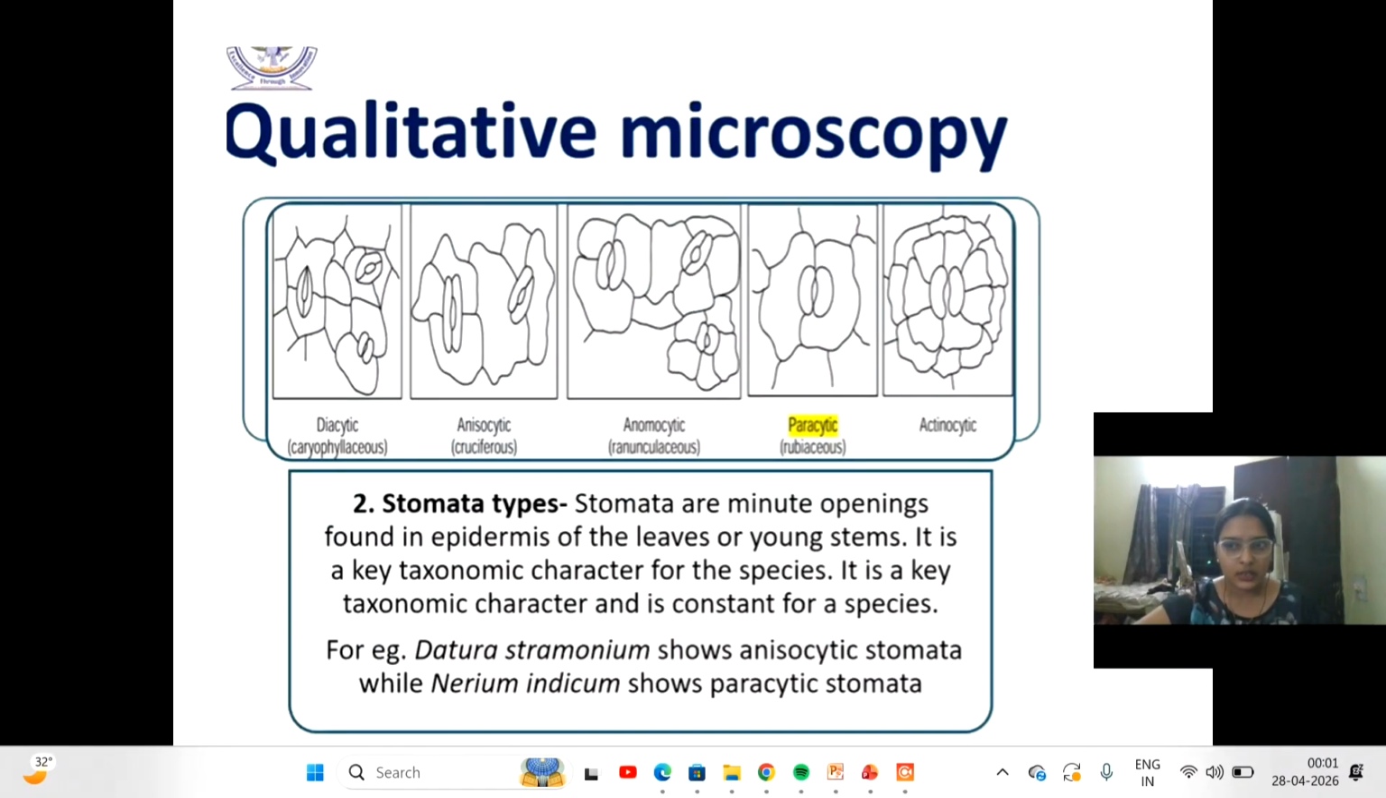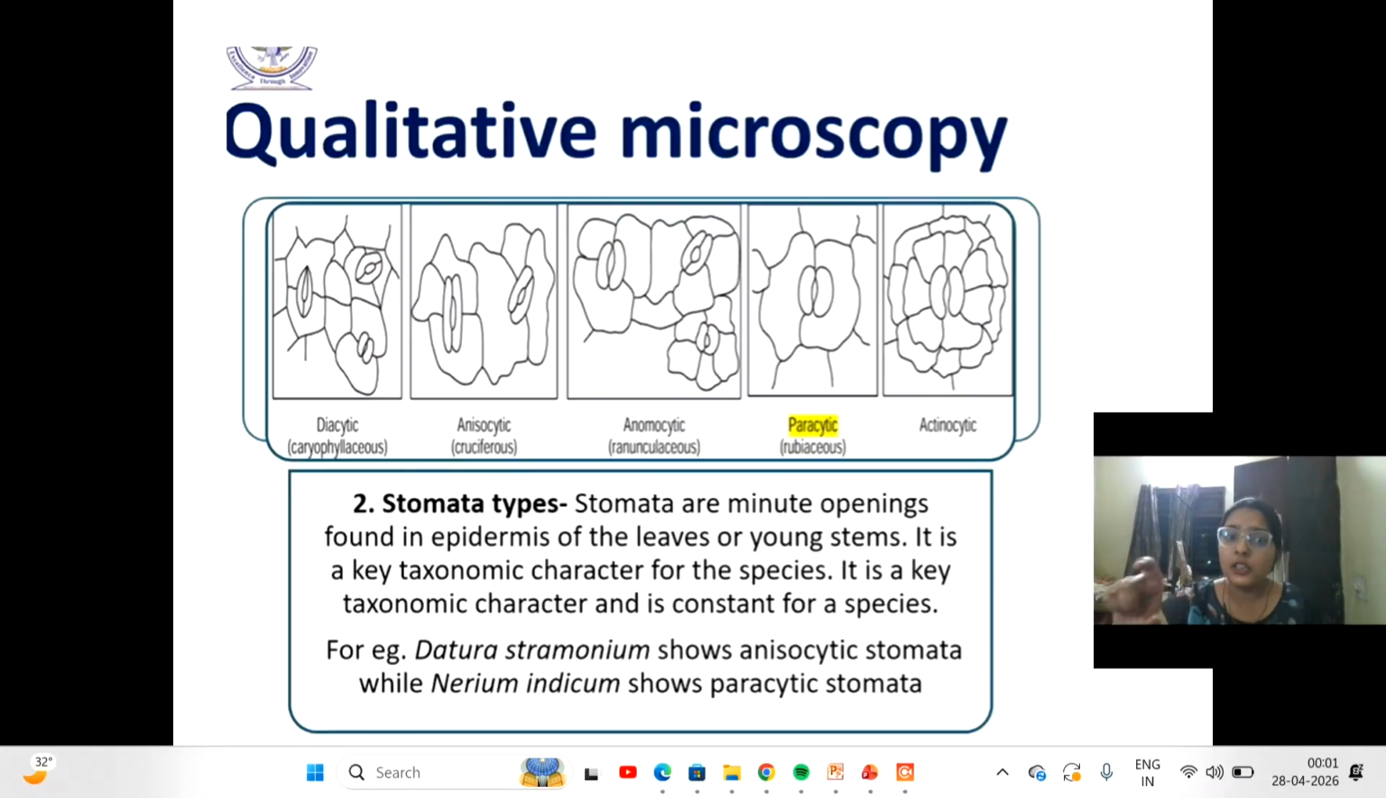Again, the second thing that we can see is the stomata type. So look at the diagram. This can be diacytic, anisocytic, anomocytic, paracytic, actinocytic. So this is based on how many epidermal cells are covering or giving surface to the middle stomata. ठीक है।